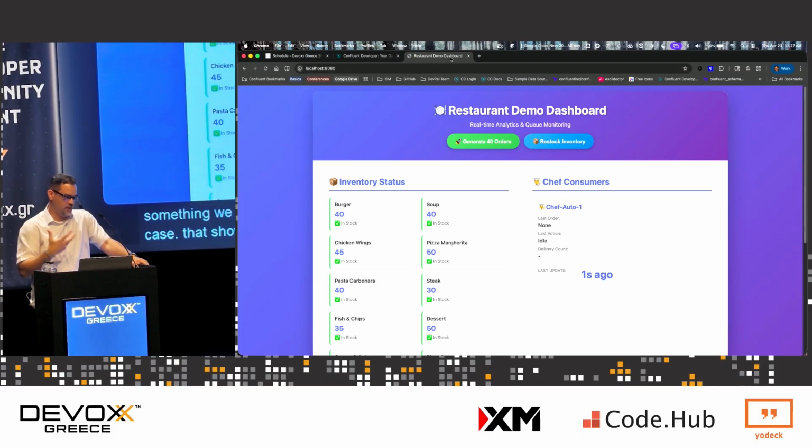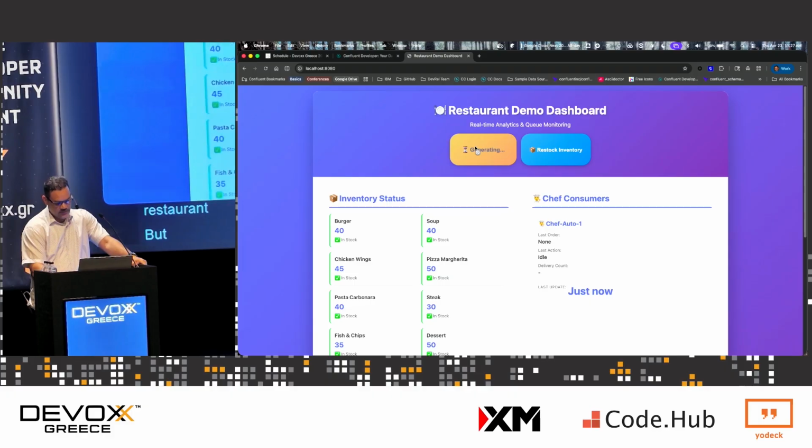How many of you have been to a restaurant and you thought your food was just slow getting out? Well, maybe the restaurant's packed. Maybe they've only got one chef working. There's other chefs that are doing other things. Steady state, though, that one chef can keep up with the typical load of the restaurant. But if we start generating more orders,